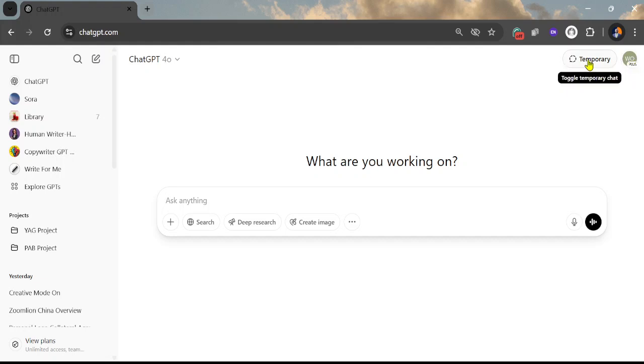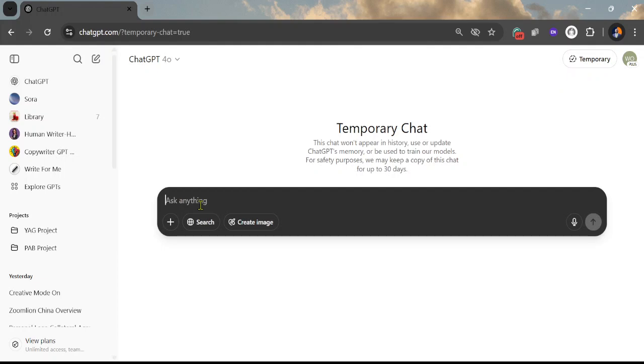account's icon. Once you toggle this on, anything that you put in here will not appear in your history, and ChatGPT will not use or update its memory with it. So for safety purposes, they have issued a disclaimer that they will be able to keep a copy of this chat for up to 30 days, but it will not be used for the purposes of training their database. And so for this matter, it will not later on be identified in other AI detection tools as